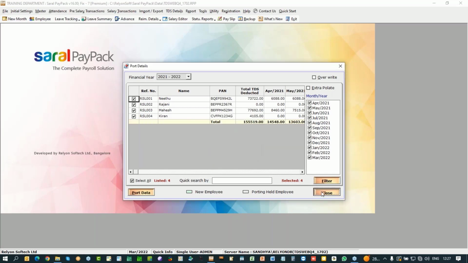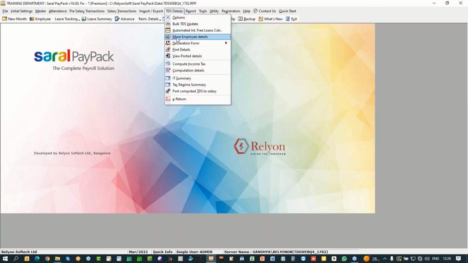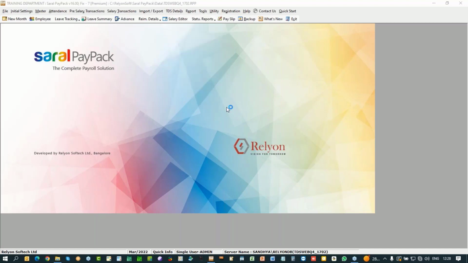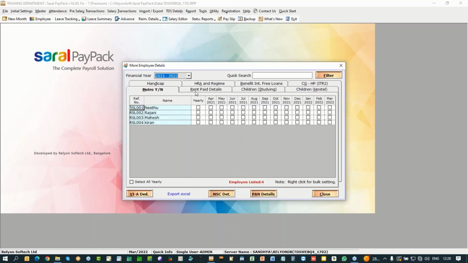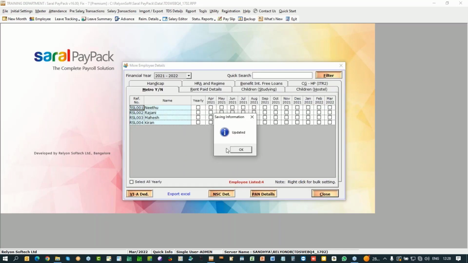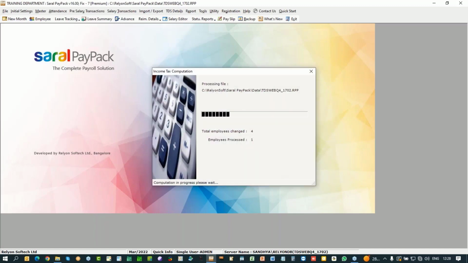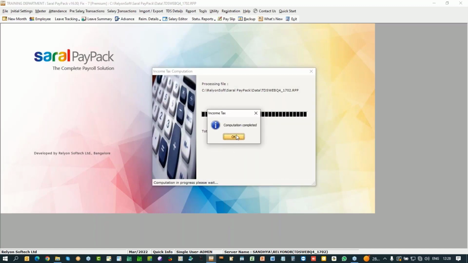So before this, in the last moment, there are times when the employee may come to you and say, "Oh no, I have one last-moment declaration. I have one last-moment entry." So you can come back to this more employee details and do any entries, if at all you haven't. Otherwise, if nothing is there, just compute your salary details,